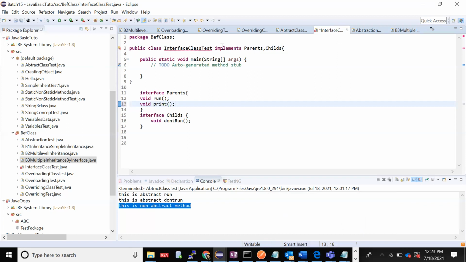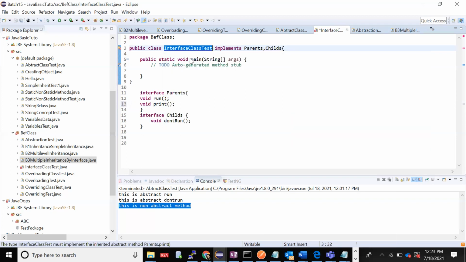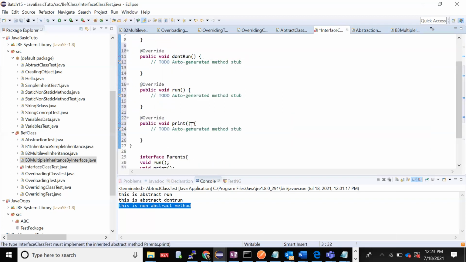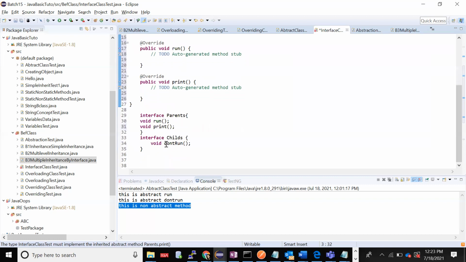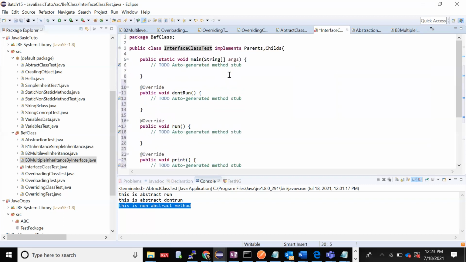Now, when your class is implementing two things, this is the way you are achieving multiple inheritance, right? Abstraction 100% is also achieved because you don't have any non-abstract methods here. All the methods are by default abstract in nature. Now I'll just use add unimplemented methods, and by default it adds all the methods. See, by default these all were abstract in nature, so it had added those.